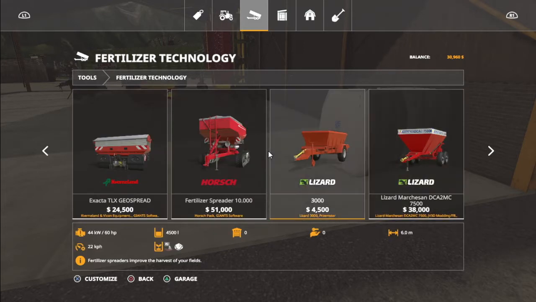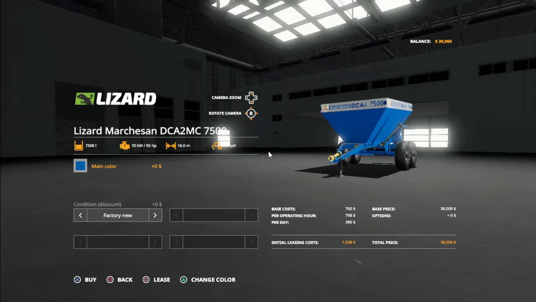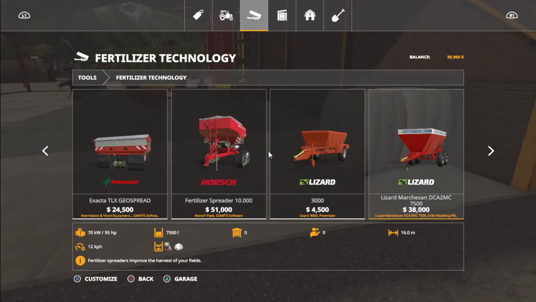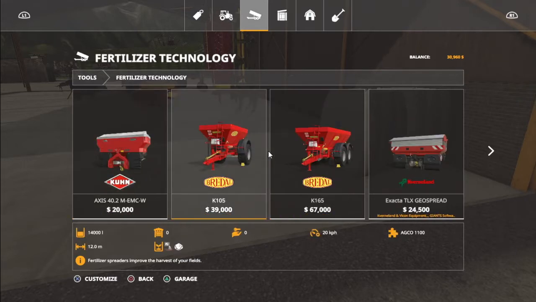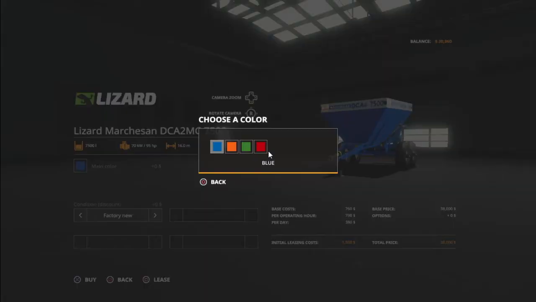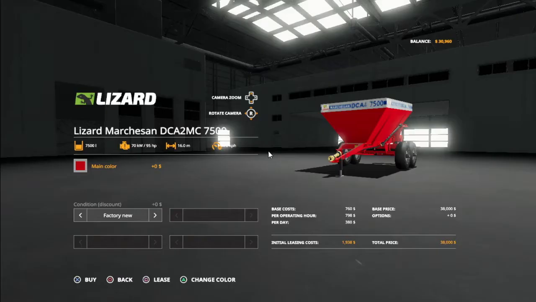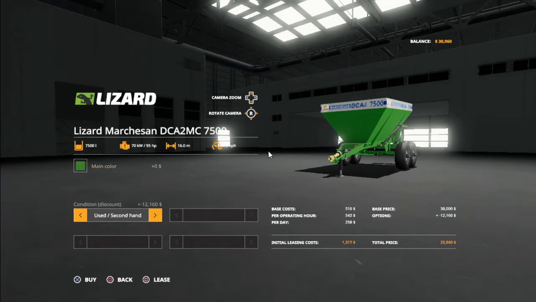We don't need one that big, although it's the same price as a smaller version. What's the spread on this one? So this one does have a larger throw. We're only leasing it, so if we can save $600 on lease,